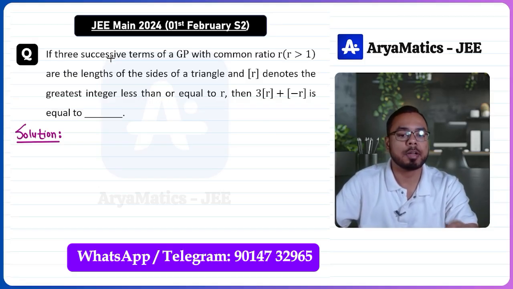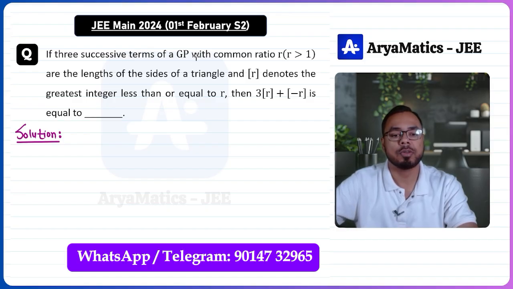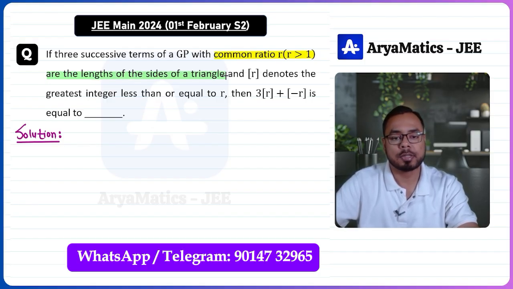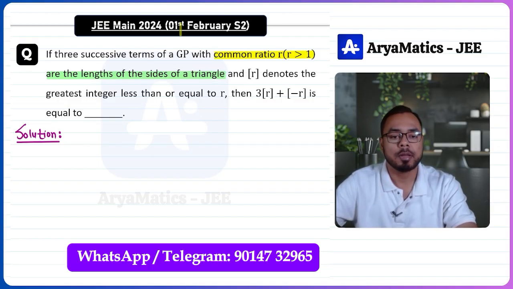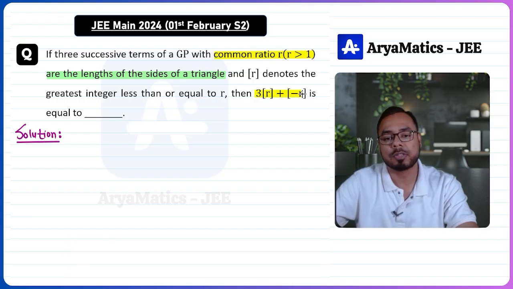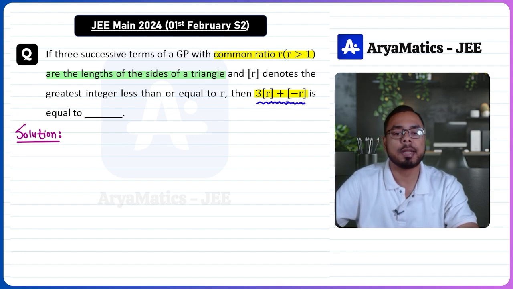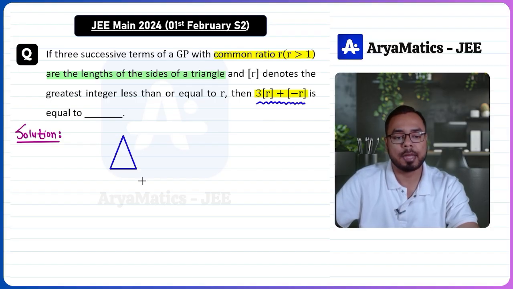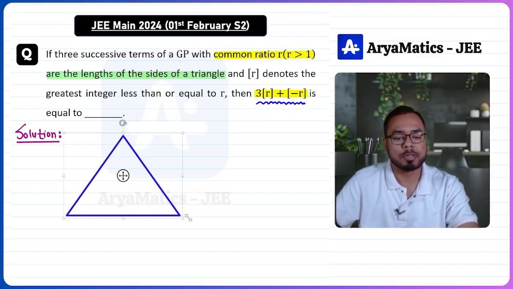The three successive terms of a GP with common ratio R, where R is greater than 1, are the lengths of the sides of a triangle, and this box is representing the greatest integer less than or equal to R. Then we need to find the value of this quantity, 3 into greatest integer of R plus greatest integer of minus R. So let us say that we have a triangle ABC, and in that triangle, the smallest side is,